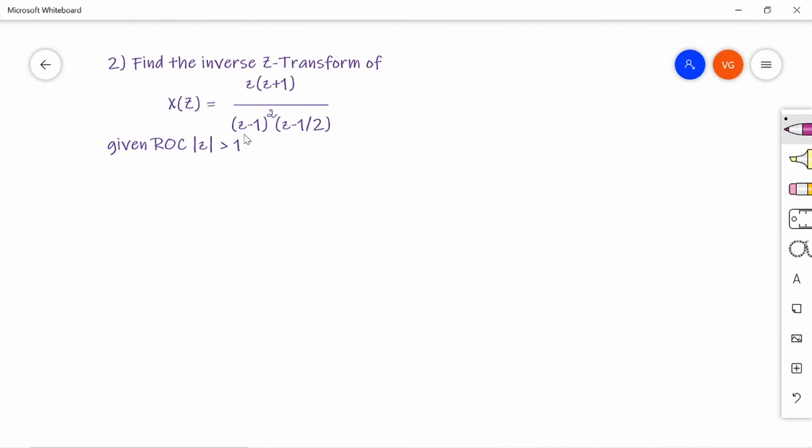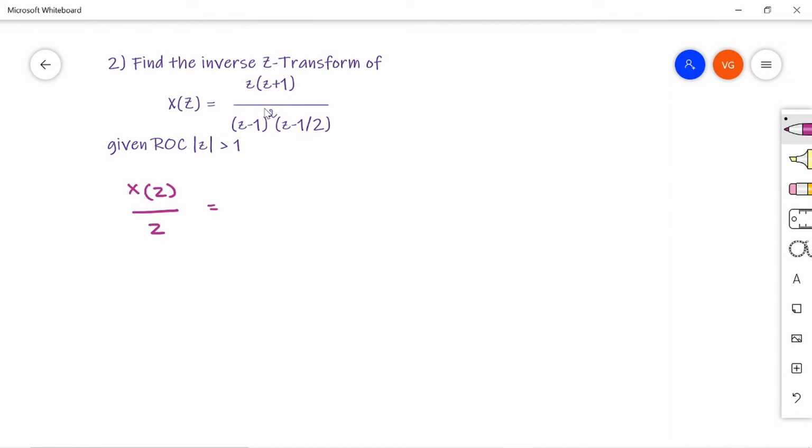See, in the denominator you have z minus 1 whole square, which means you have two roots at z equal to 1. z minus 1 whole square equal to 0 means z equal to 1 and z equal to 1. These are the two multiple roots. We will see how to solve such type of problems. As I said, the first step is to write the given problem in the form of x of z by z. On the right hand side of my problem, I have z here.